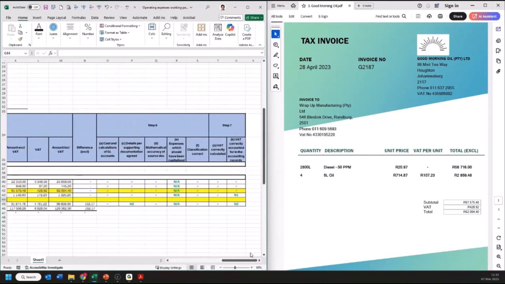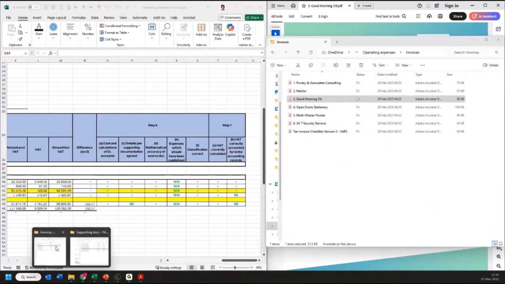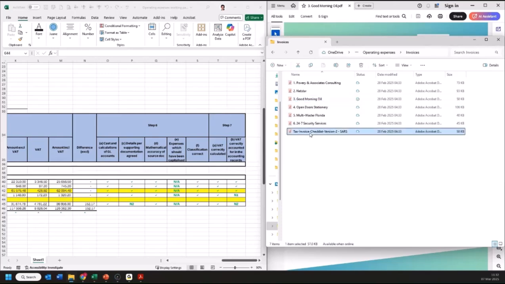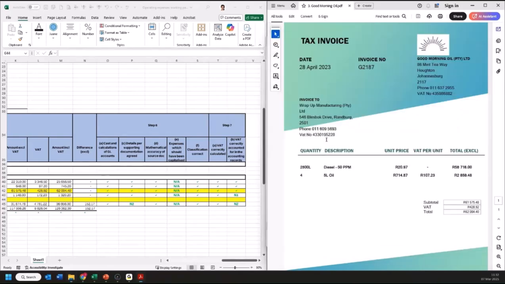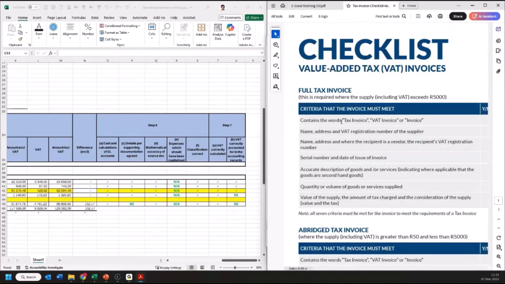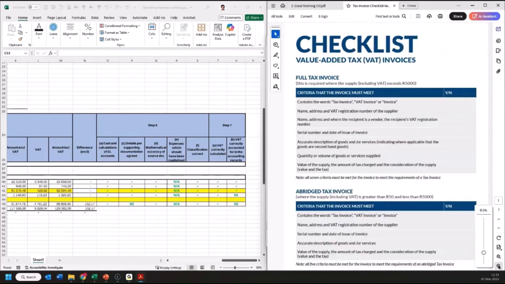we need to check whether the VAT is an appropriate VAT invoice. Now, if you haven't done this yet, or you forgot about it, or you haven't looked at the recording yet, this tax checklist that we've included for you is extremely helpful. So please remember to refer to that when you are looking at invoices. This one is basically saying what the documentation requirements are that a client needs before an invoice is